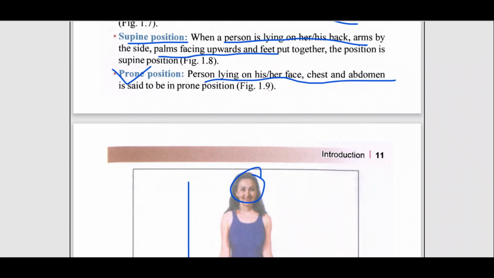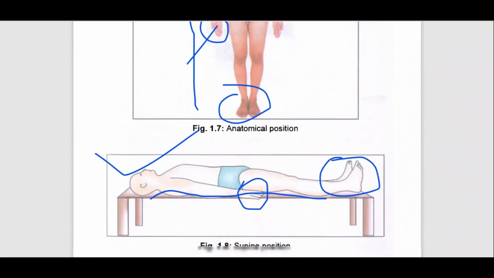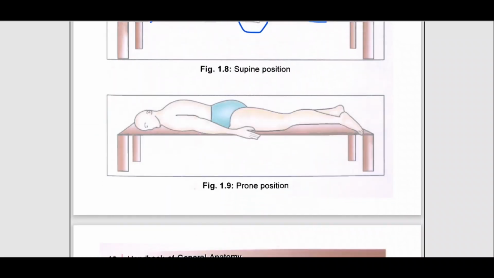Then third one is your prone position. It is the person lying on his or her face, chest and abdomen. This is said to be prone position. A figure 1.9 में this person, as you can see, कि इसका face, इसका chest and abdomen, this person is lying on his face, chest and abdomen, और इसके feet together है, इसके palm जो है उसी तरह upward है।